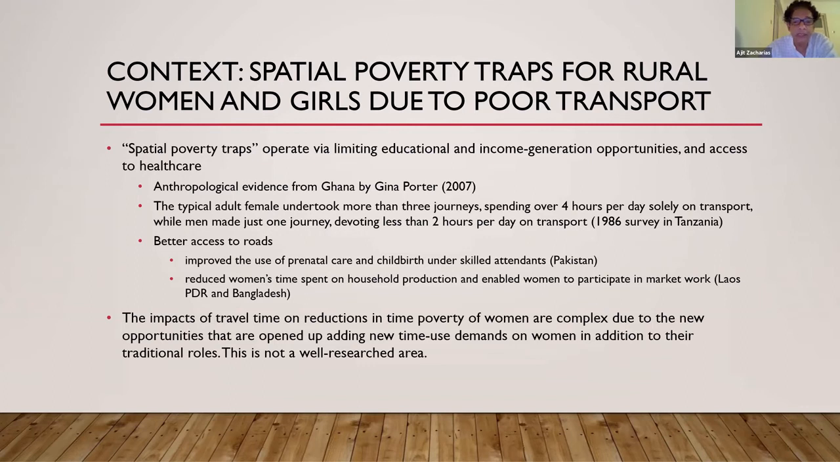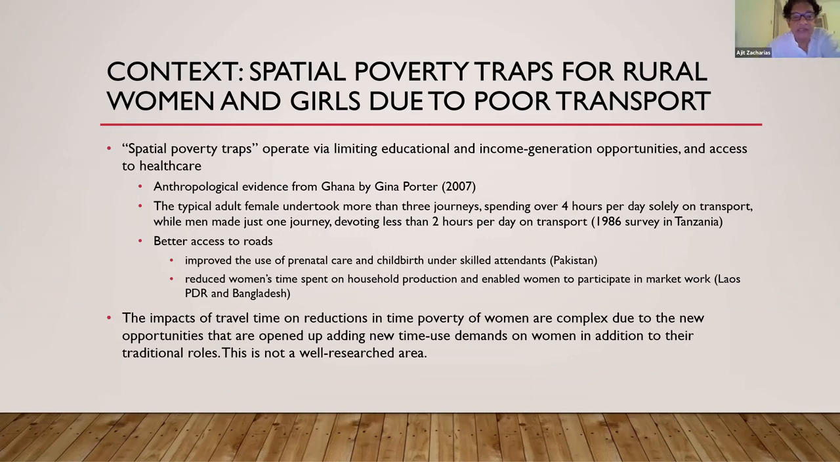The work on Ghana by Gina Porter is one of the earlier ones to posit this notion of spatial poverty traps. We have some survey evidence from Tanzania that goes back all the way to 1986 about the disparity between an adult female and adult male in terms of the time that they spend on transportation. Then there is also more recent literature, not necessarily within the feminist economics tradition, but from other empirical work that,